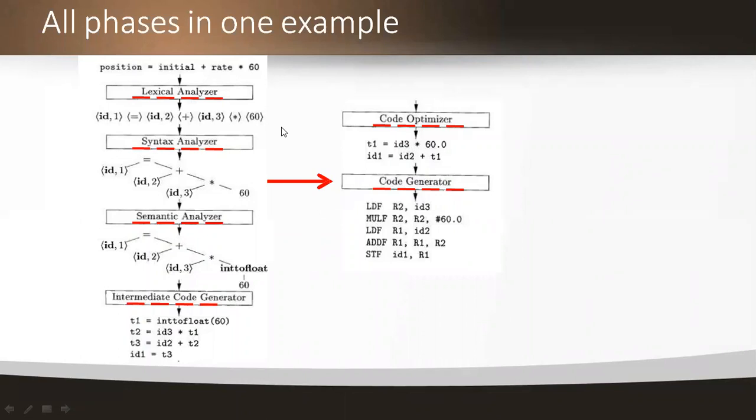Whatever we performed in the lexical analyzer is stored in a symbol table. If I want to know what ID1 is, by retrieving the data from the symbol table I can easily understand that in the place of position, I used ID1, because after lexical analysis it was converted into a token. So this is the output that we generate from the lexical analyzer, and this is taken as input to the syntax analyzer.